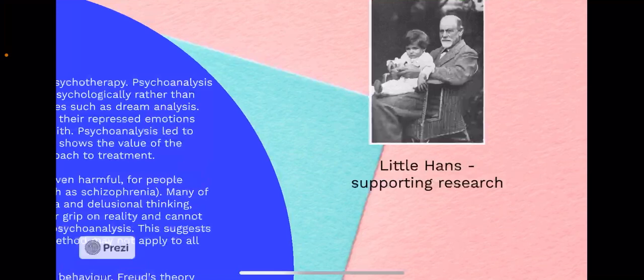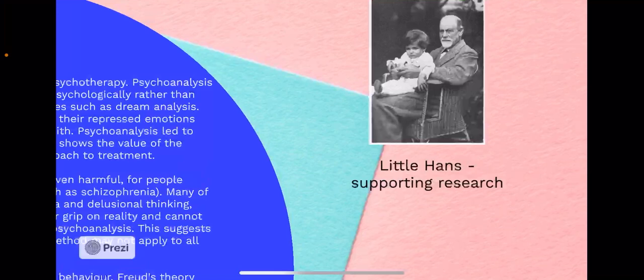But while he was in this stage and he was afraid of his father because he feared that his father would castrate him and he saw his father as a rival, when he was going through this stage he demonstrated a fear of horses, and Freud said that was because the horse reminded Hans of his father because of the blinkers, which looked like his father's glasses.